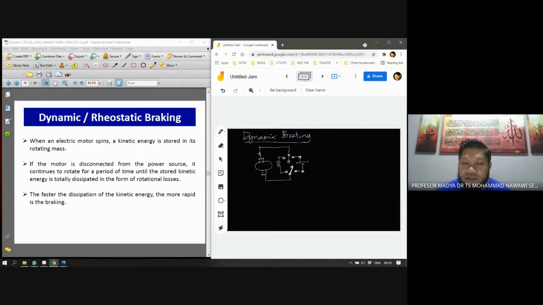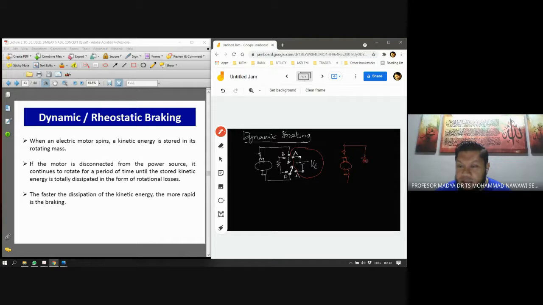So this is a switch, and we have point A, point B, and we have your VT here. Okay, so dynamic braking is whereby when you try to brake the motor, you change your switch from A, the normal operation, where you connect to the terminal voltage. But in dynamic braking, you switch to point B. So you're going to disconnect the terminal voltage, and what is left is only your motor